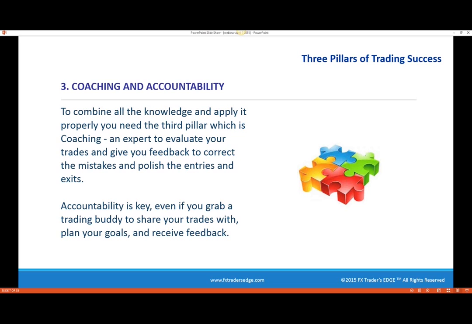I sound like I'm wearing my coaching hat here today because I'm also a trader's coach. I've done a lot in my career. I've traded for over 30 years, but I've also coached a lot of different traders. So accountability is key here. Even if you grab one trading buddy to share your trades with and plan your goals with and receive feedback,